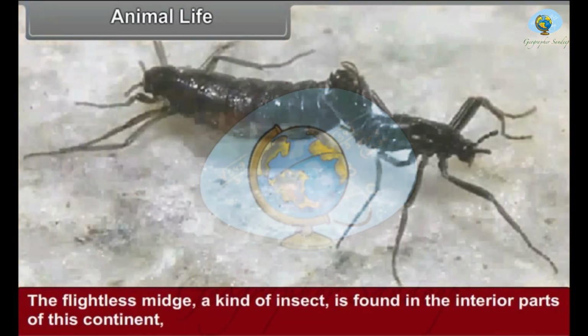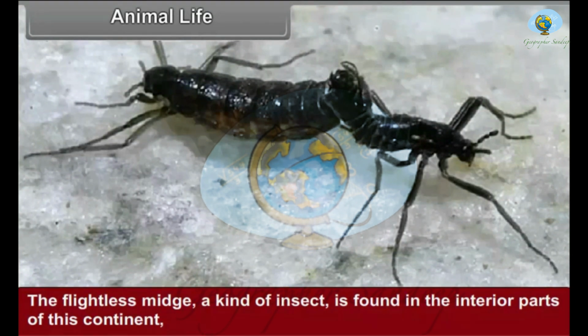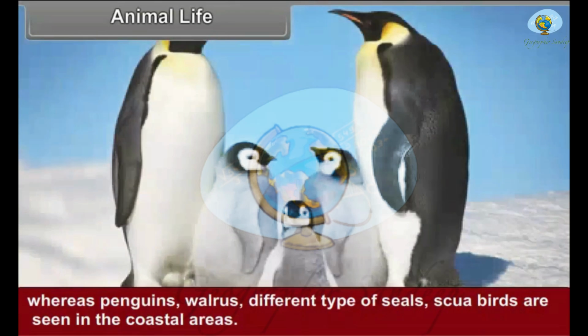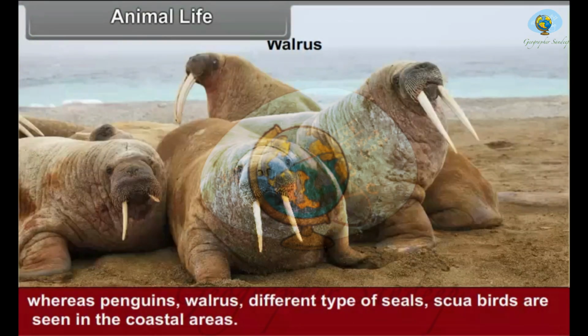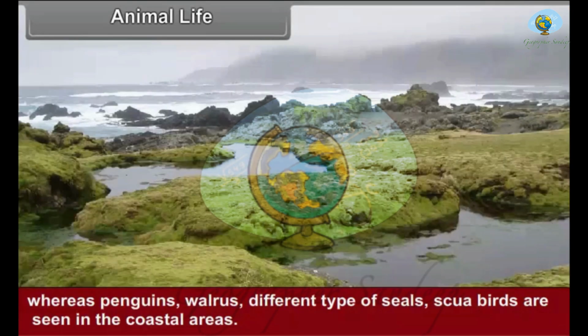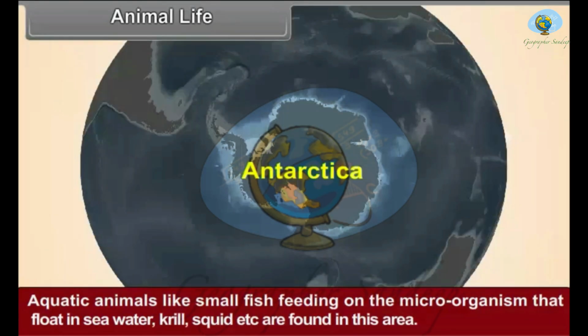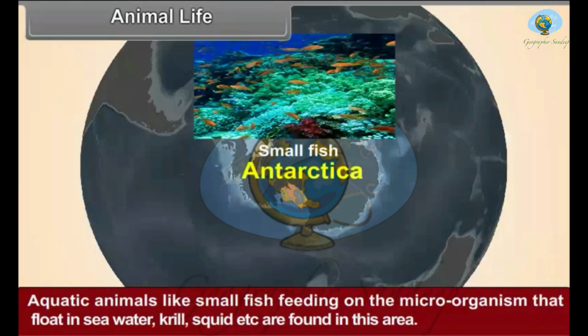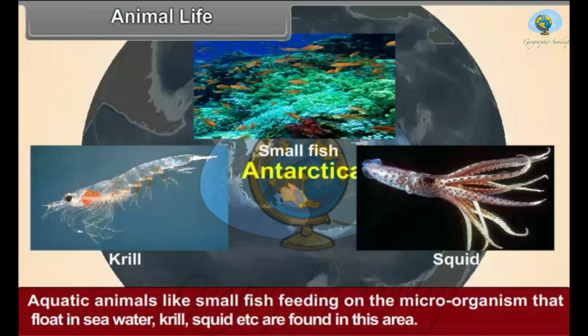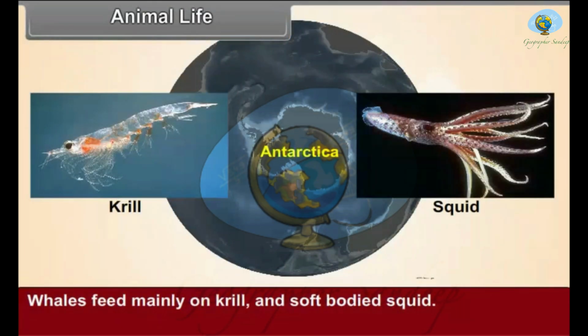Animal life. The flightless midge, a kind of insect, is found in the interior parts of this continent, whereas penguins, walrus, different types of seals, skua birds are seen in the coastal areas. Aquatic animals like small fish feeding on the microorganisms that float in seawater, krill, squid, etc. are found in this area. Whales feed mainly on krill